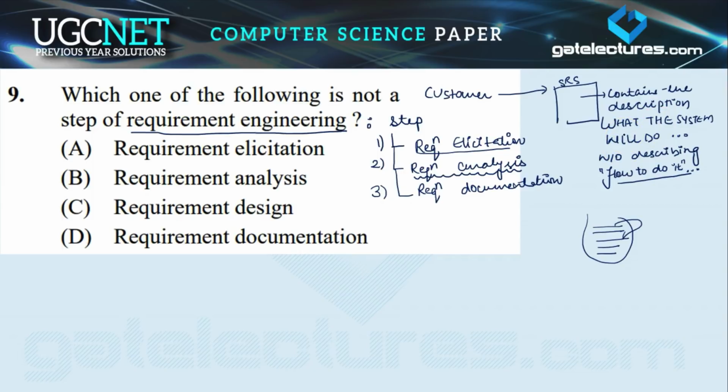There are some characteristics of the SRS document: it should be consistent, and every requirement should be specified using some standard terminology. This document should be correct. User expectations, जो आपकी users की requirement is, should be present exactly in the SRS. It should be unambiguous, complete, traceable होना चाहिए, modifiable होना चाहिए, so you can easily modify it if you want to make any changes in the SRS.